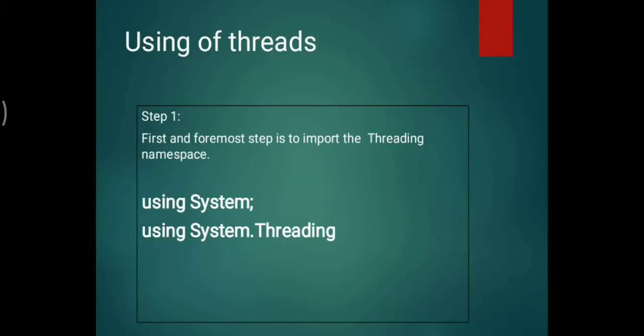Okay, this is the usage, or implementation, of threads in C Sharp. First, we need to implement threading by using System and using System.Threading. Unless we import this using System.Threading, we are not able to use the threading concept in our C# program. So these two steps are very important to perform threading. Using System.Threading is the first and foremost step in this code.